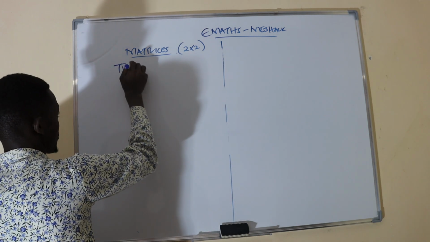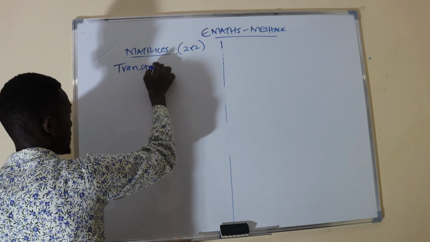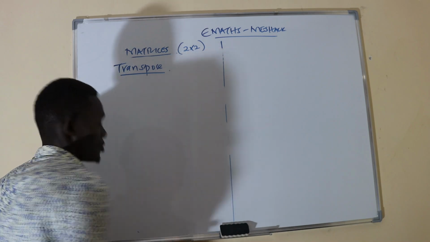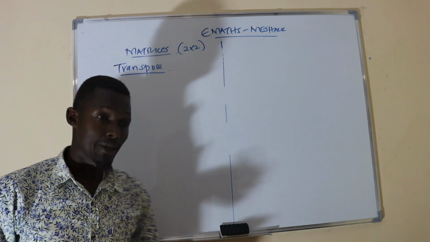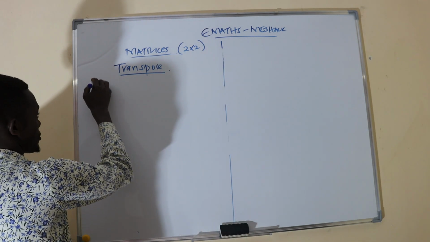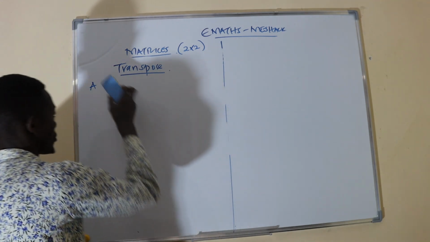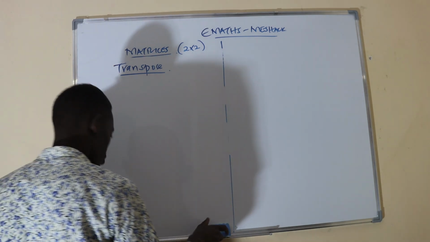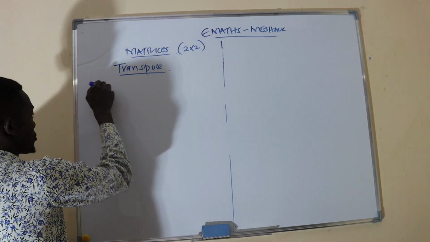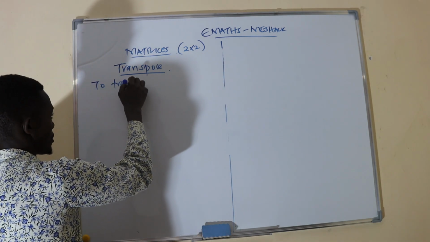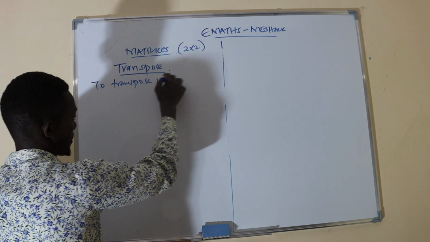Can now check transpose. So what is a transpose of a matrix? A transpose, or to transpose, let's define what to transpose is to do. To transpose a matrix